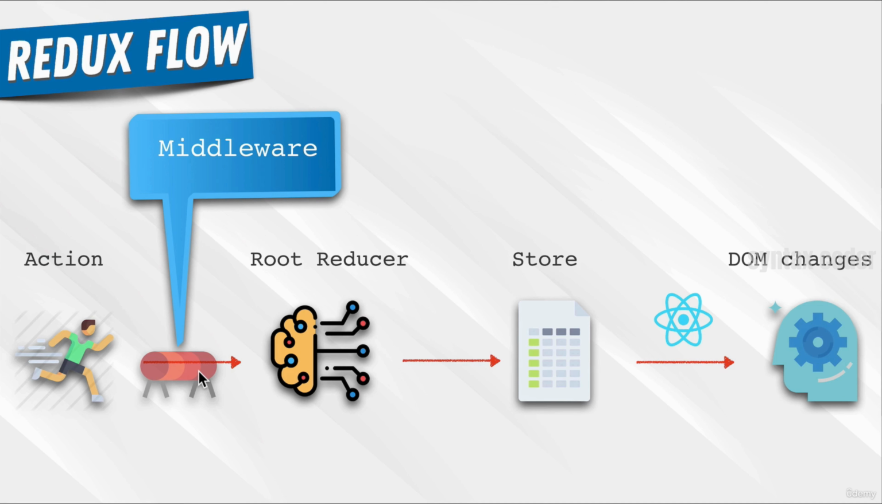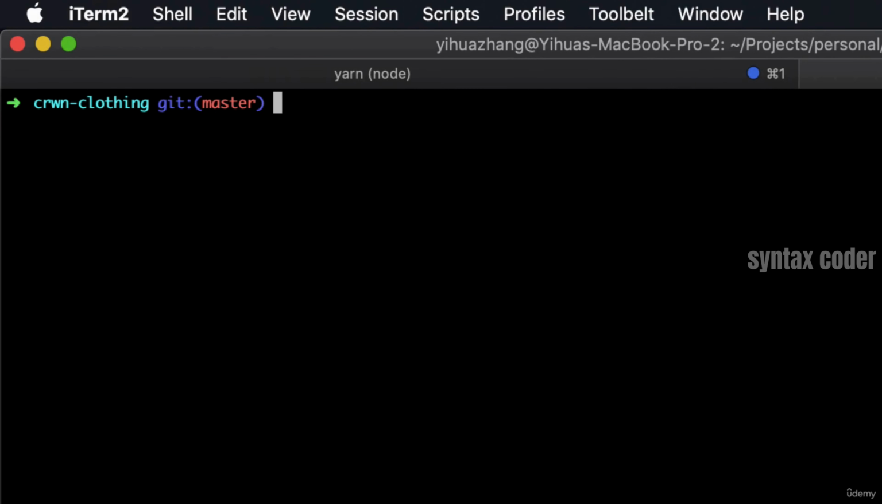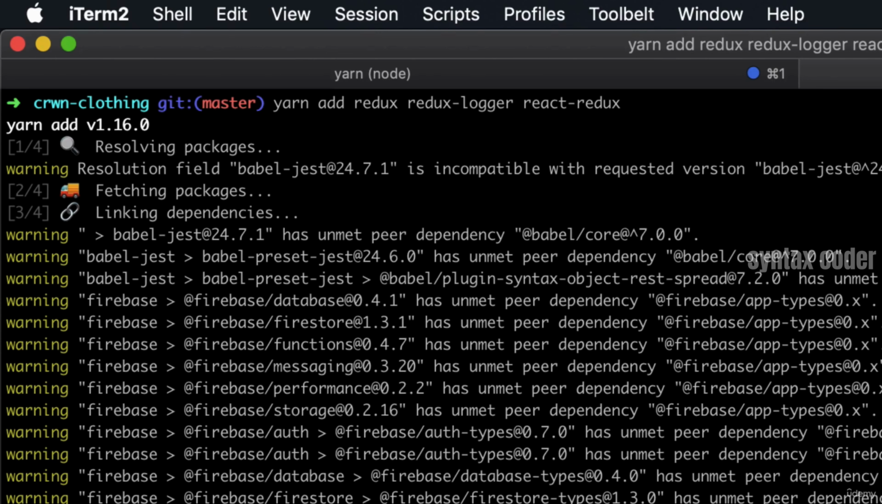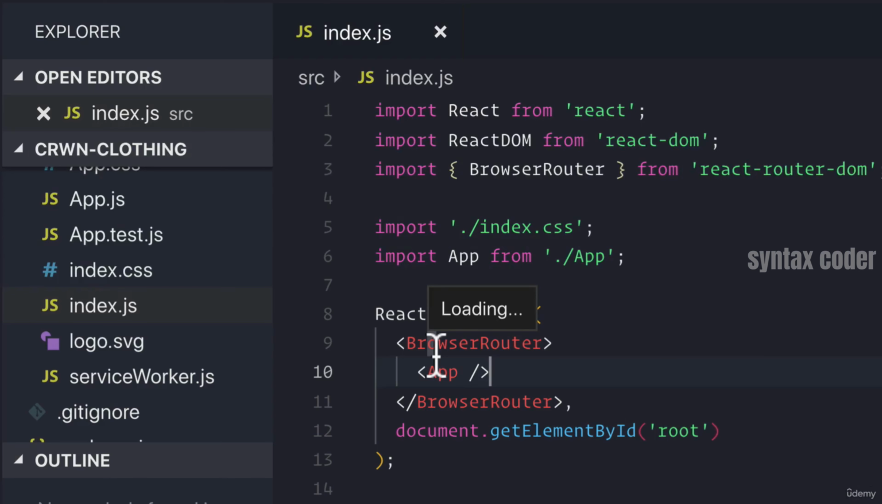So if we go back to our terminal, we need to actually install both Redux as well as the Redux bindings for React, because Redux can be used in multiple frameworks, not just React. And we also need that Redux logger middleware. So what we're going to do is say yarn add redux redux-logger and react-redux. Those are the three libraries that we need. As those are being added to our application, let's go back to our application and go into our index.js